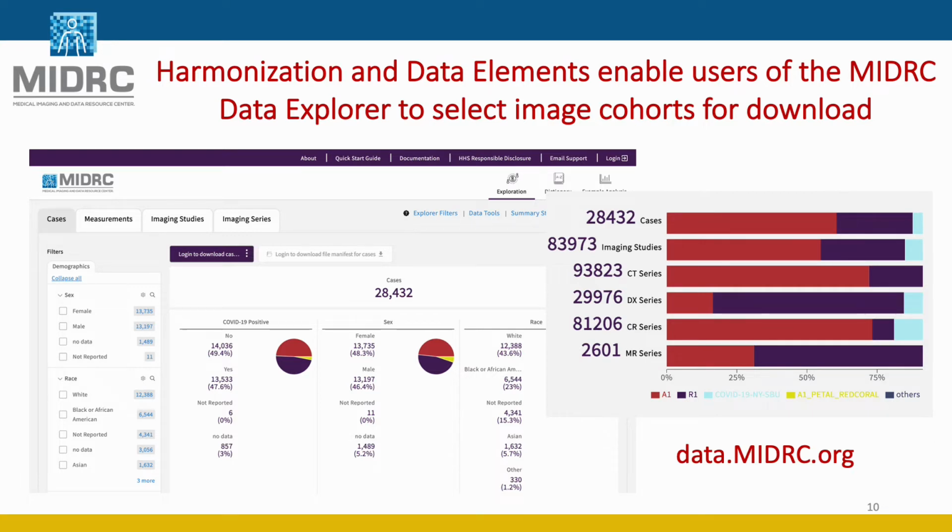The Data Explorer is accessible from the MIDRC website and directly from data.midrc.org. The data dashboard, shown on the right, is a live representation of the available studies, and at the end of June 2022, there were almost 12,000 patients with 32,000 exams or studies and almost 100,000 imaging series as shown